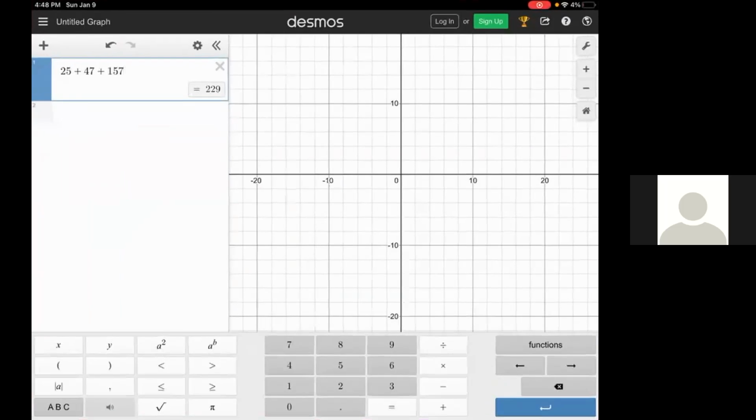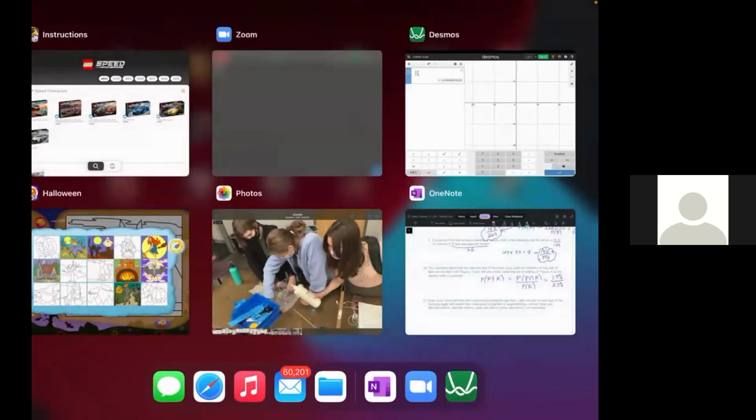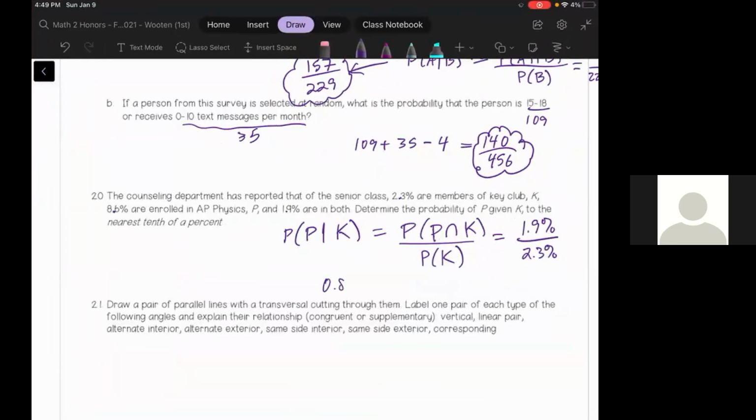Go to Desmos, type that in, 1.9%. Whoops. 1.9% divided by 2.3%. The percents are going to cancel each other out. So just look at this and we get 0.826. And it says, what is the probability to the nearest 1/10 of a percent? So that decimal, that's the decimal form. So to convert that to a percentage, move that decimal 2 places to the right,